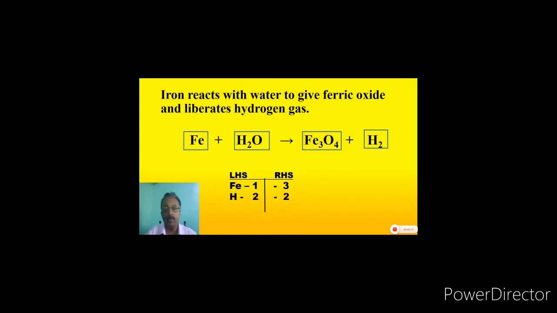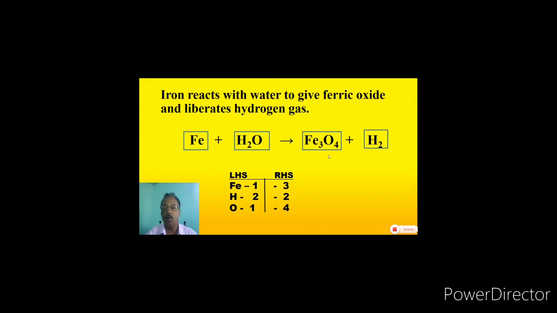And which is the next element here? Oxygen. How many atoms of oxygen are here? There is 1 atom, and on the right hand side there are 4 atoms of oxygen. So let us write oxygen 1 and 4. Now we already know that we should try to balance the equation from the side of reactants or products that has the compound having the highest number of atoms. So I think here Fe3O4, total there are 3 plus 4, 7 atoms. So we should start balancing our equation from Fe3O4.